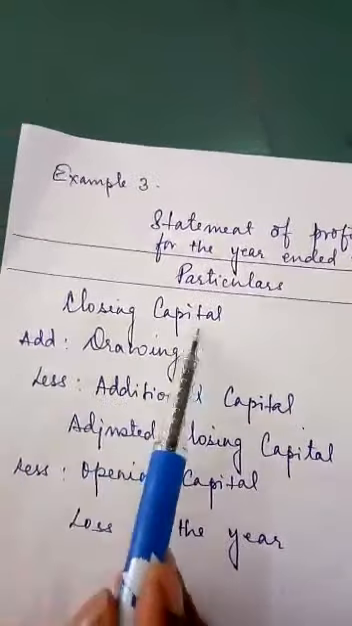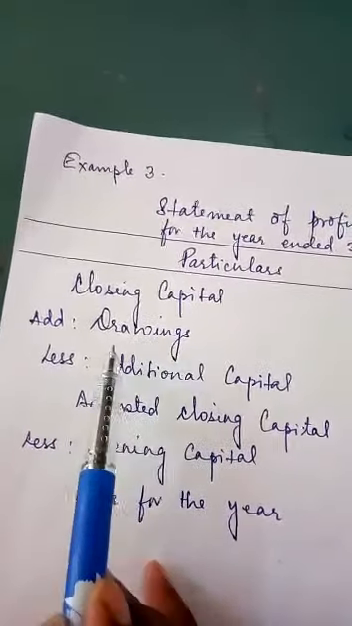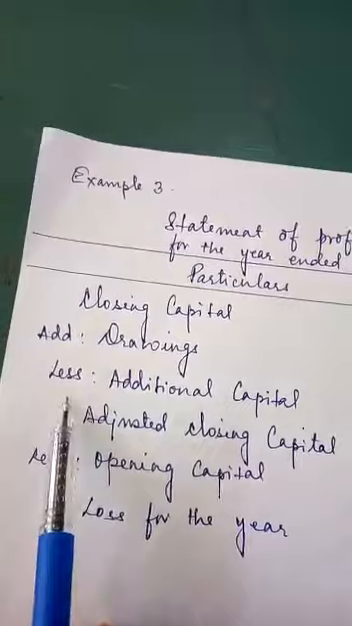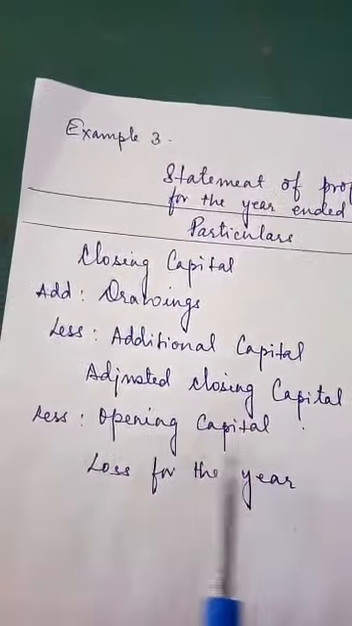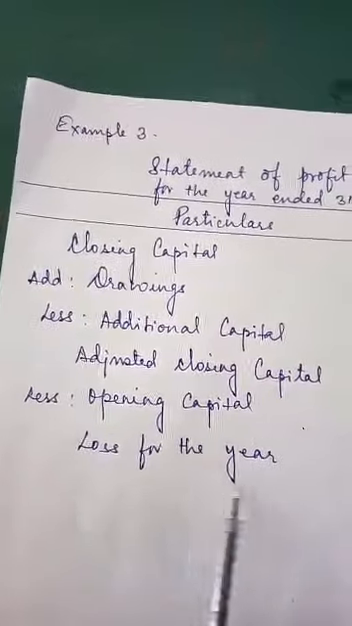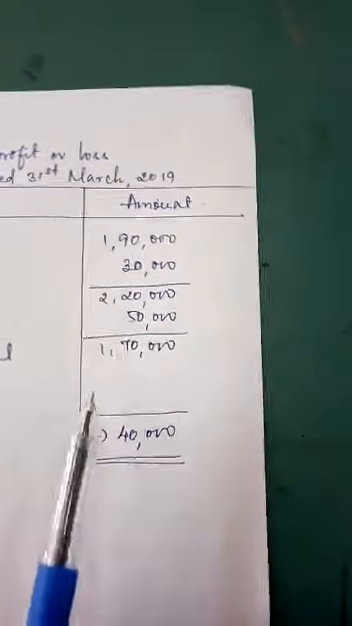So first you write closing capital, add drawings, leave a space, then you write less additional capital, adjusted closing capital, less opening capital and loss for the year. Now you come to the amount. So closing capital, write the amount